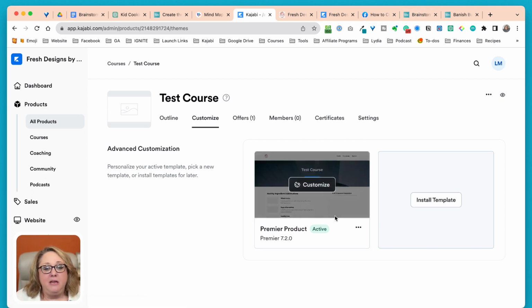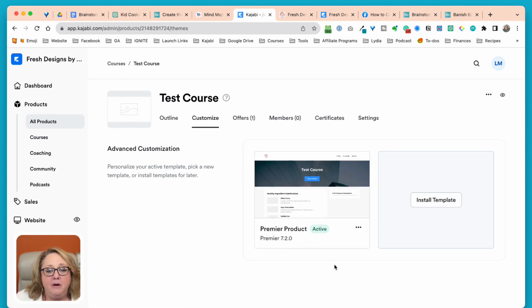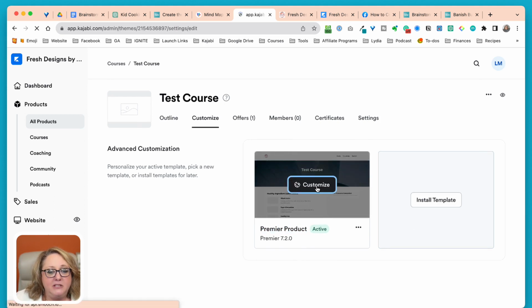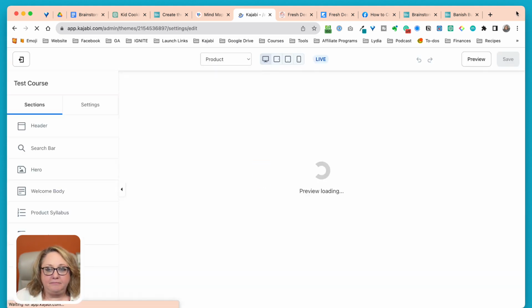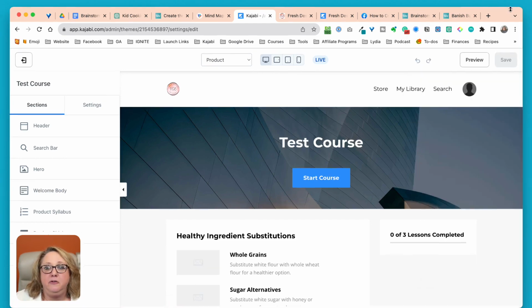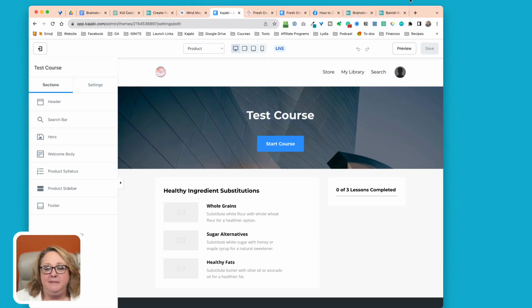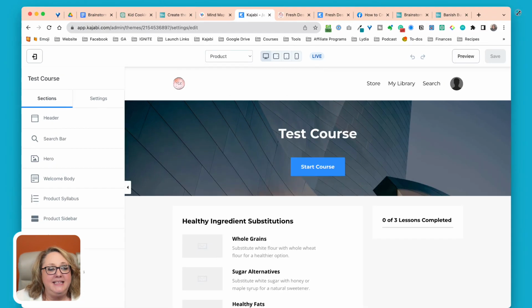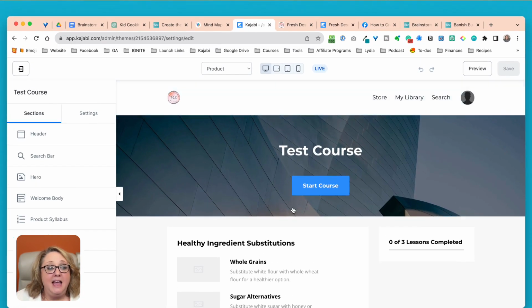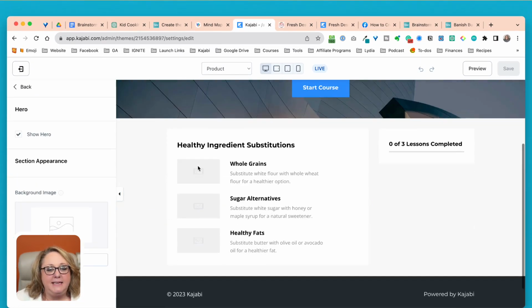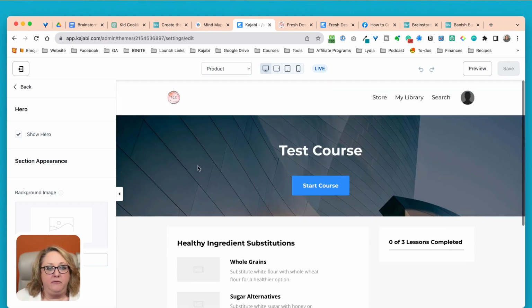So inside Kajabi, you get access to a number of different themes. Notice how in this example, we're using a theme called Premiere. And if you come over here, in fact, let me just hit Customize on this. I'm going to show you just a few little things before I show you the different themes. But inside this Premiere theme, you can see that I now have the ability to customize this for myself.